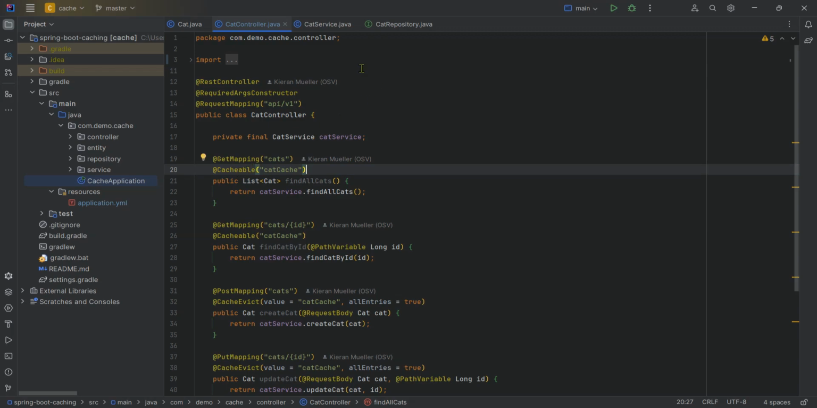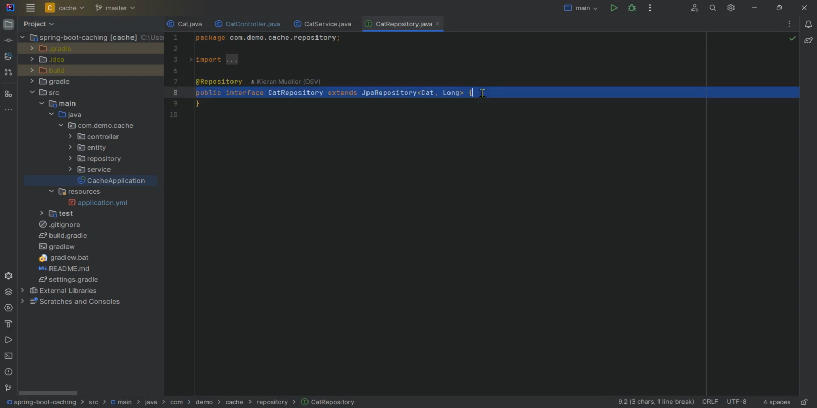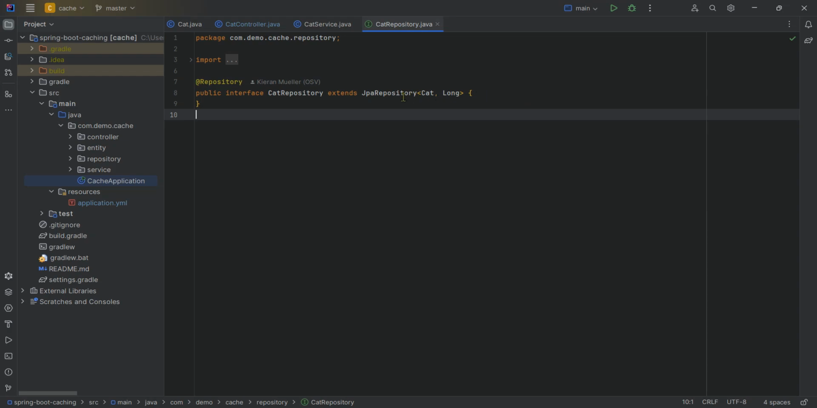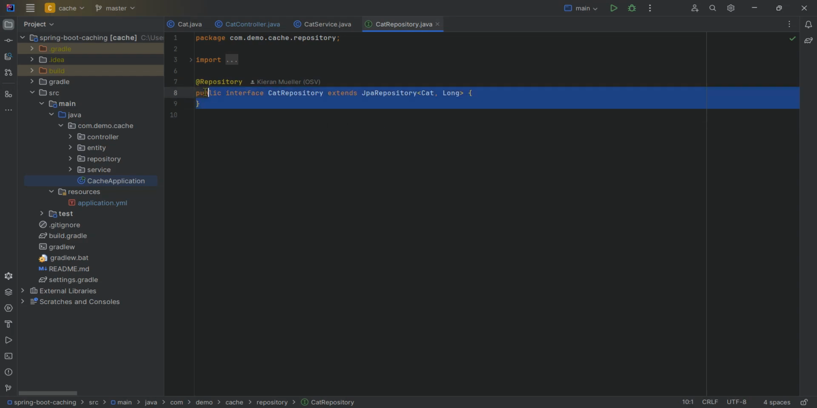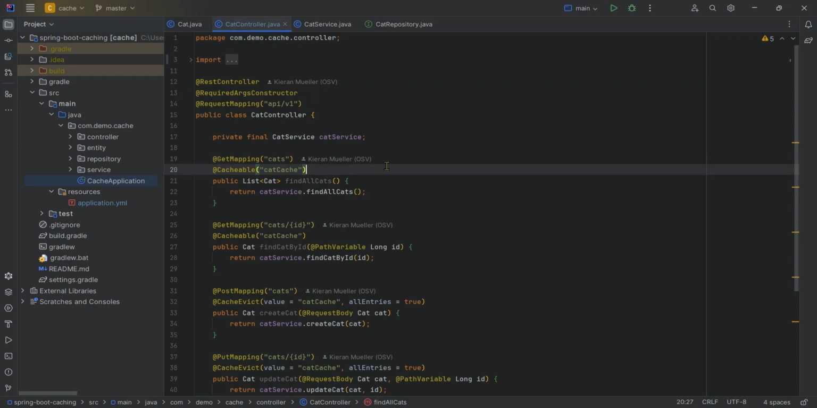The annotation could be in the service layer. I believe it could even be on the repository method. Yeah, well, I'm just using this repository. I don't want to override all the default methods that are built in with JPA repository. But if you are doing a custom implementation for your repository layer, I think you could place the annotations over those methods too. Anyway,